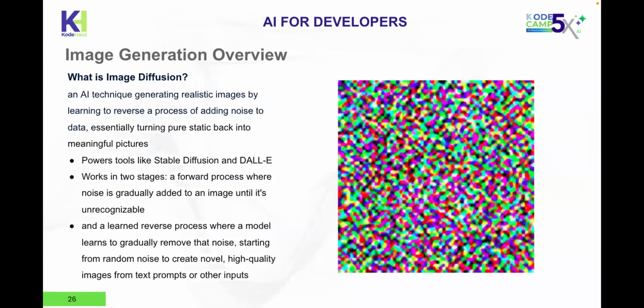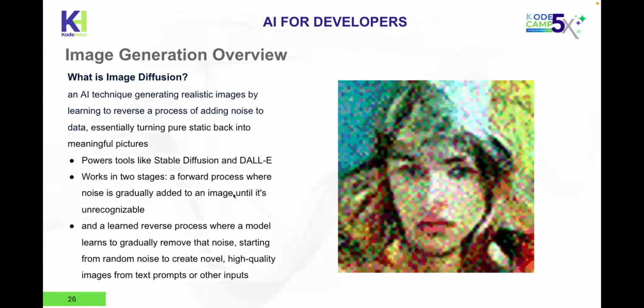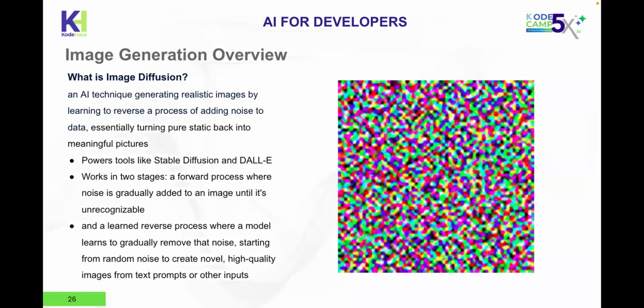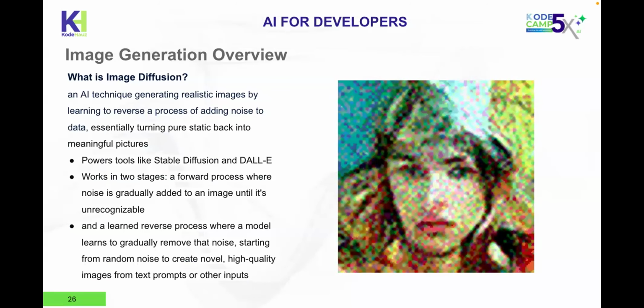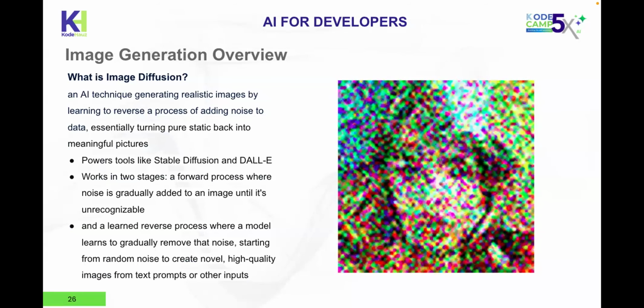Then over time, the diffusion model begins to learn, like you can see here, and begins to remove noise from the noisy image until an actual image crystallizes out. And that's the process of diffusion. So the image diffusion method is an AI technique generating realistic images by learning to reverse a process of adding